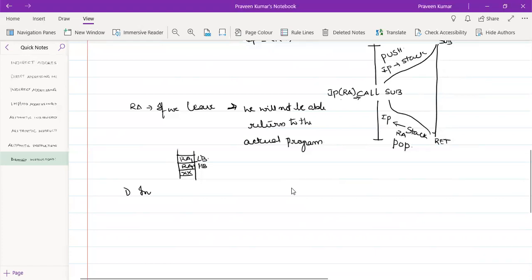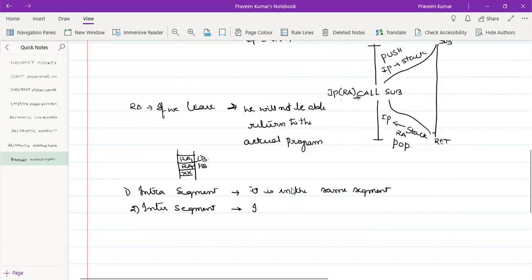They are intra-segment branch instruction and inter-segment branch instruction. Intra means it is in the same segment. That is, the label we are writing in the program or instruction is in the same program.